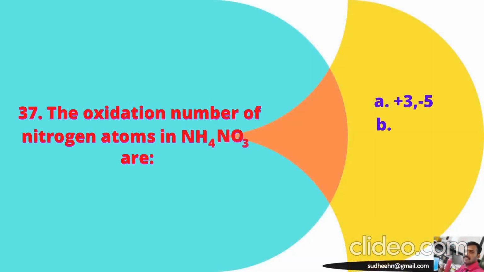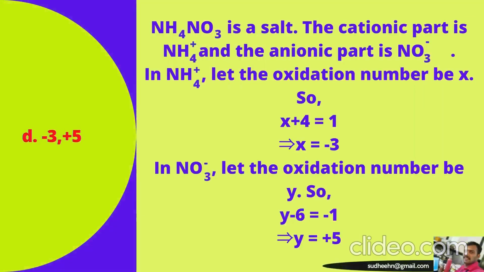Next, question number 37. The oxidation number of nitrogen atoms in NH4NO3, that is ammonium nitrate, is: option A plus 3, minus 5; option B minus 3, minus 3; option C plus 5, plus 5; and option D minus 3 and plus 5. And the right answer is option D, that is minus 3 and plus 5,